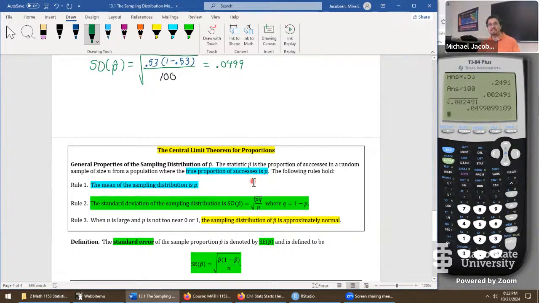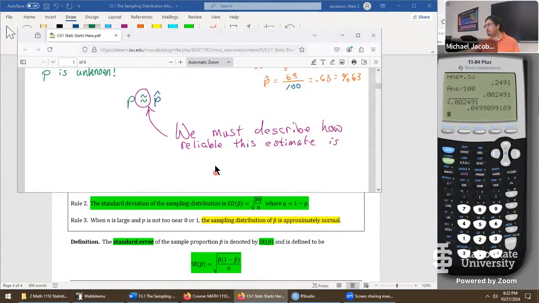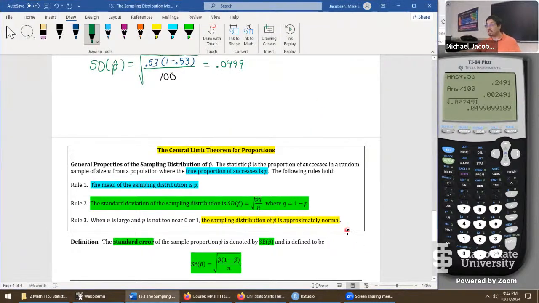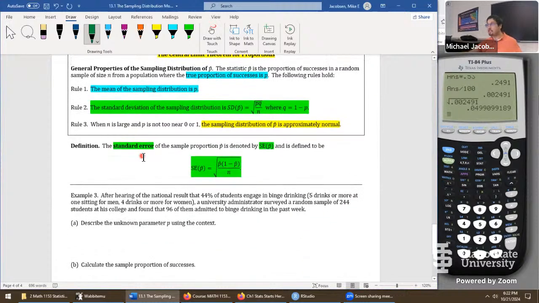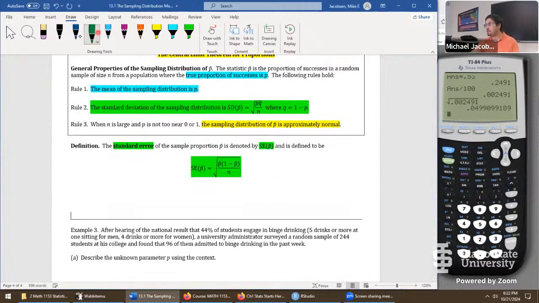We grab the best estimate that's available to us. Keep looking at that picture. The best estimate is p hat. It's not the true value of p, but it's the best thing that we have once we do the study. So what the standard error does is the following. Let's put down, just for the sake of connecting the dots on this, since p is unknown, the standard deviation of p hat, which is equal to the square root of p times q over n, is also unknown.